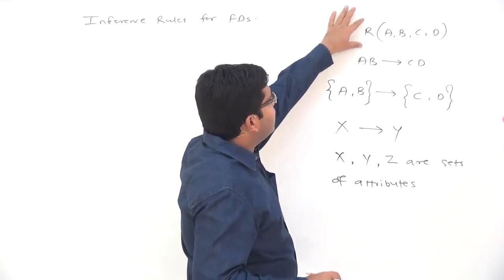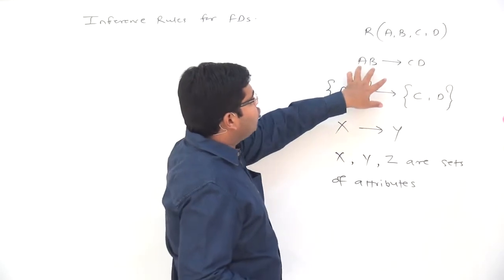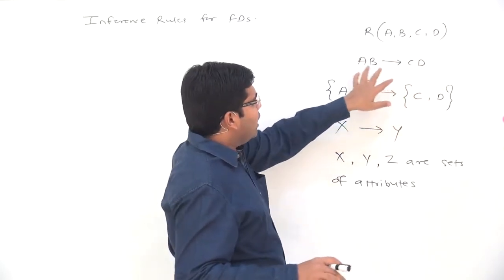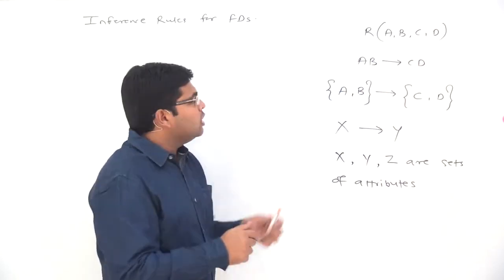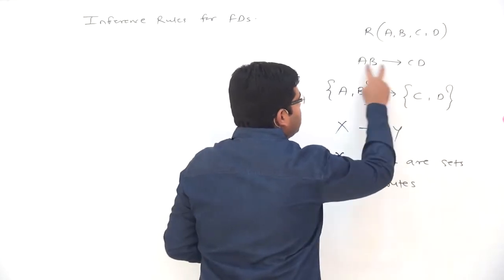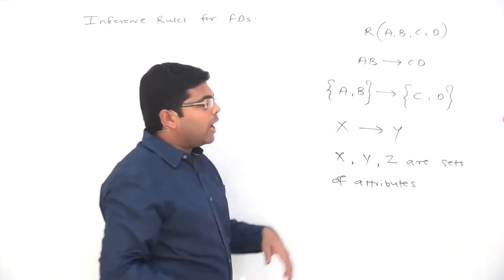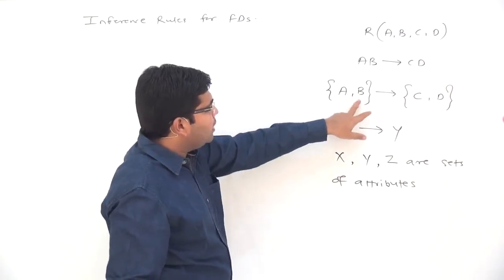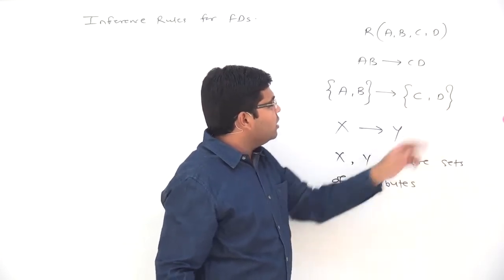For example, given a relation R(A, B, C, D) and an FD of the form AB gives CD. Now all of you know the meaning of AB gives CD. A and B are the attributes, C and D are the attributes. So from here onwards you should see this FD, both the left hand side as well as right hand side, as a collection of attributes. So what I am doing here, AB I am writing down as a set of two attributes A comma B, and CD again as a set of two attributes C comma D.